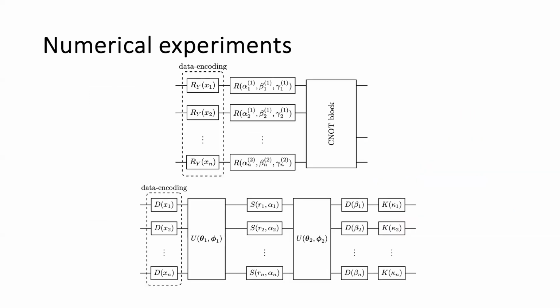We test this environment with both qubit-based quantum neural networks and photonic quantum neural networks. On the qubit-based version, we use a standard strongly entangling layer, and for the photonic one, we use a standard continuous variable QNN layer. We also apply data re-uploading, which means that we encode the data again and again at the beginning of every layer.